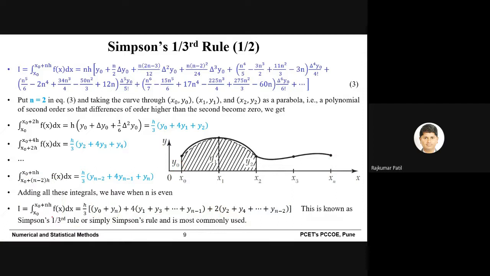So there is a little difference between the trapezoidal rule and Simpson's one-third rule. That is, the first term is h by 3. Again in the bracket, there are 3 sub brackets. The first sub bracket corresponds to the function value of the first and last value, plus 4 into bracket odd values of y, plus 2 into bracket even values of y. So this is how you can memorize the equation. So this is Simpson's one-third rule.